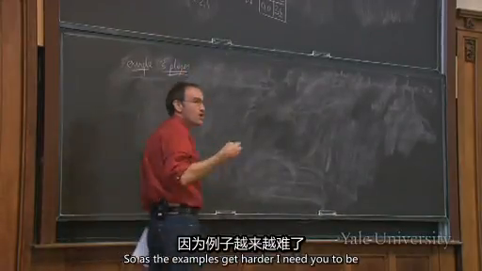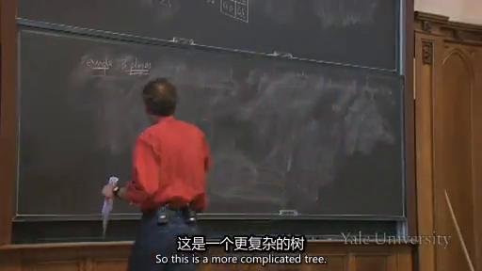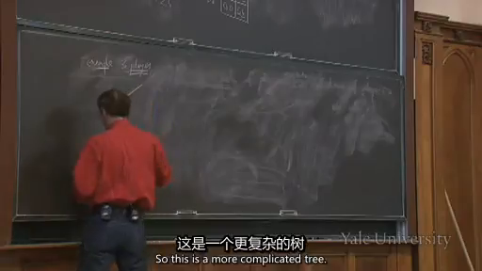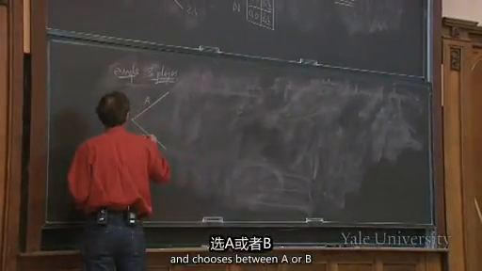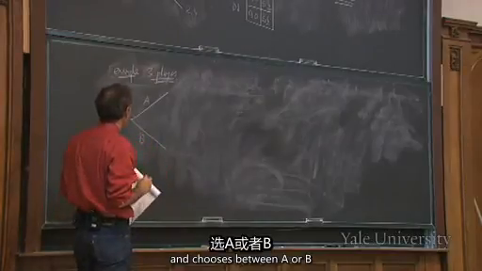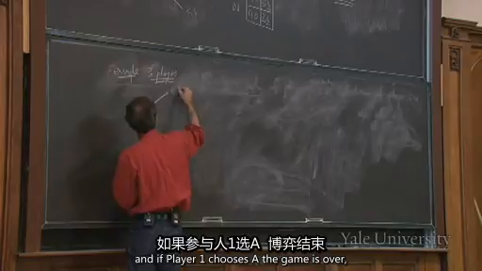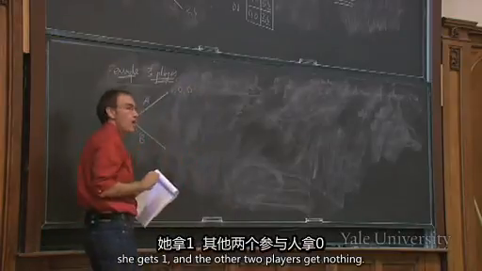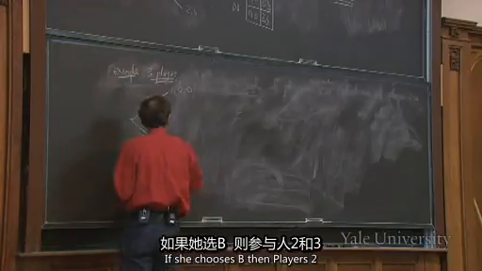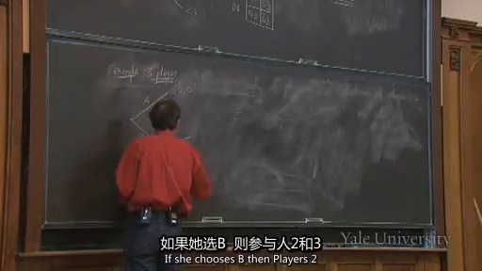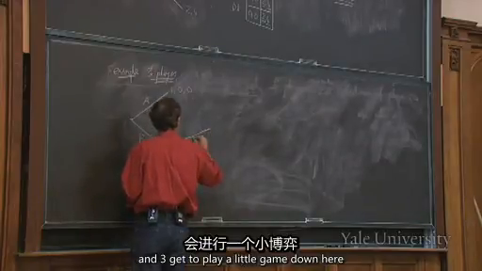So as the examples get harder, I need you to be more alert to see if you can follow them. All right, so this a more complicated tree. Here's a tree in which player 1 moves first and chooses between A or B. And if player 1 chooses A, the game is over. She gets 1, and the other 2 players get nothing. If she chooses B, then players 2 and 3 get to play a little game down here,